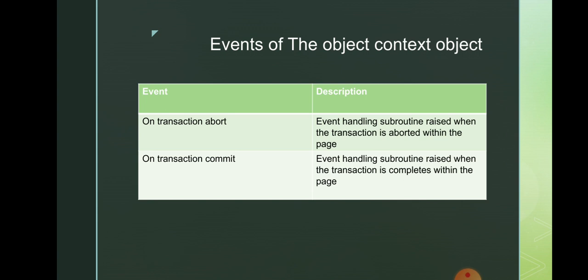Okay, got it students? Today we discussed the various ASP.NET intrinsic objects. It is a very important 8-mark question. Study well. First object is the HTTP request object, next the HTTP response object, next the HTTP server utility object, next the HTTP application state object, next the HTTP session state object, and finally the HTTP context object. Okay, got it students? Today, with this slide, I conclude the second unit.